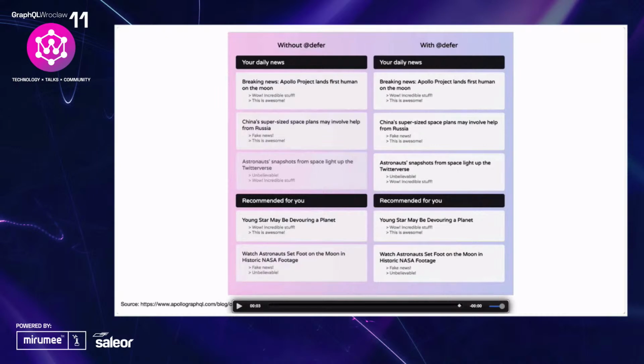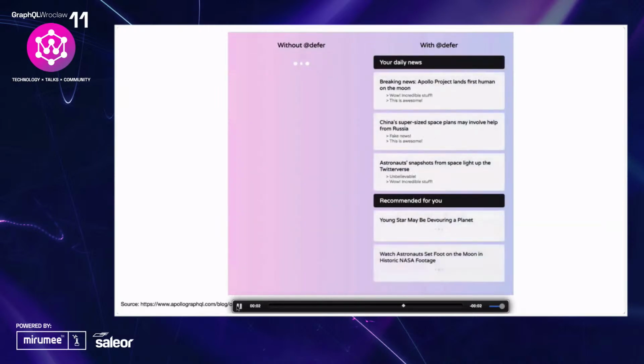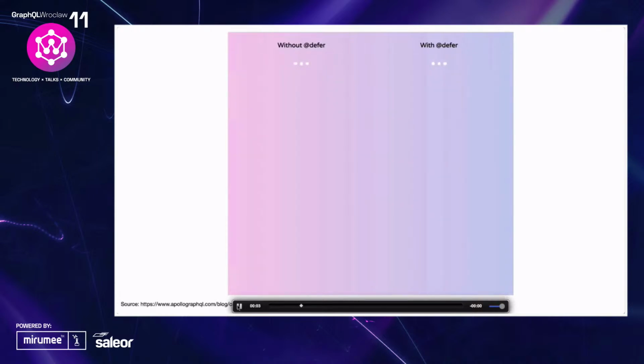And on the left side, you don't see any data until the entire query has loaded. I'm going to play it a few more times. By adding defer and stream, you get multiple responses from one request streamed to the client instead of one single big response. And the client can render the results from the initial response immediately while the rest of the data is still loading.